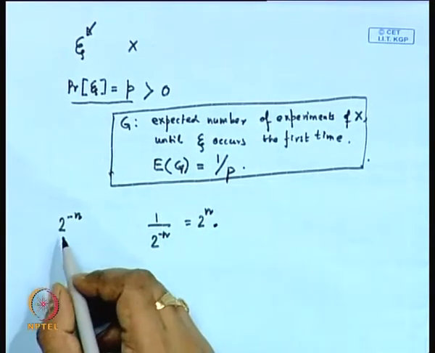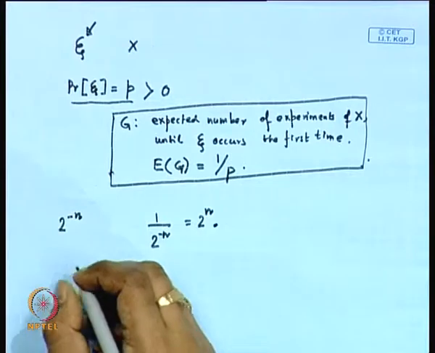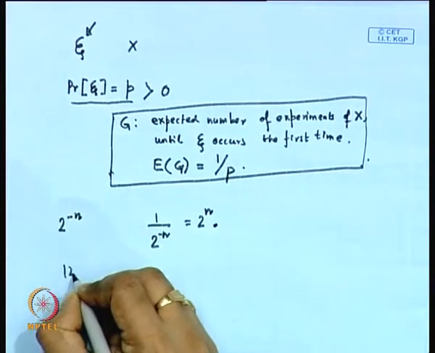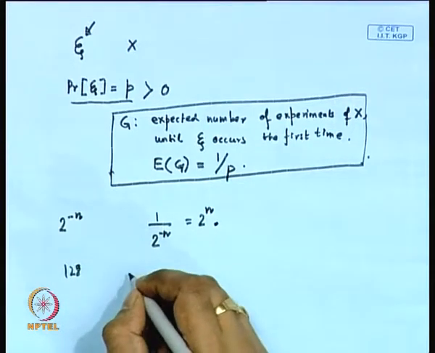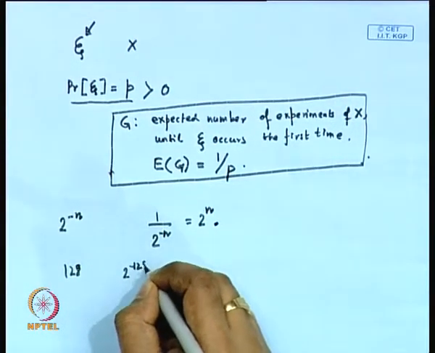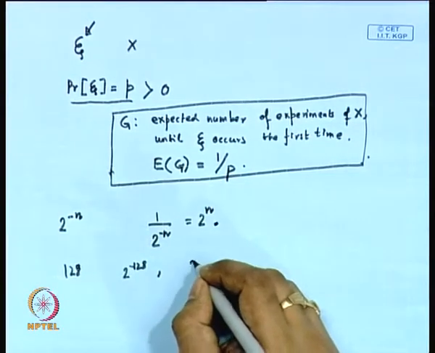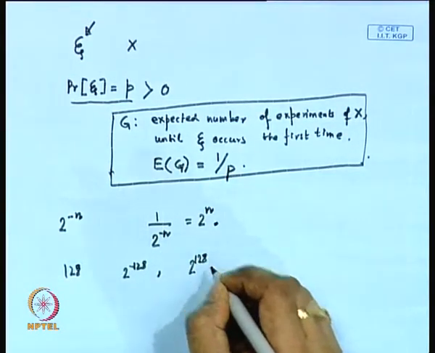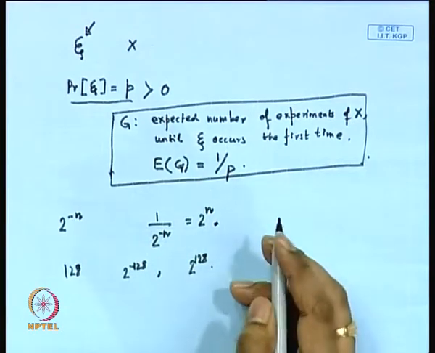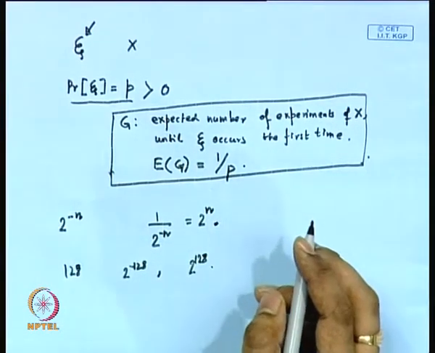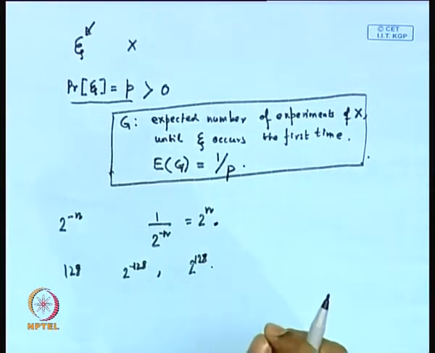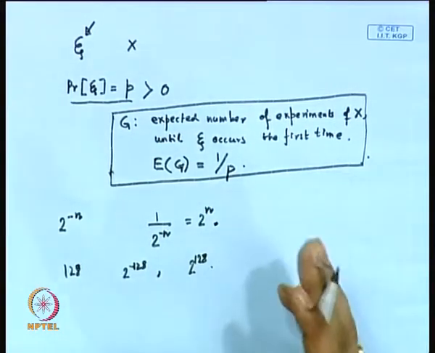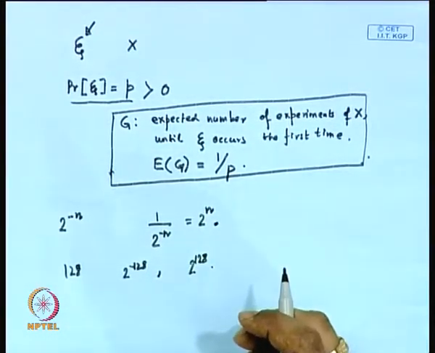For example, in AES, if I tell you it has 128-bit security, and the probability that you can make the attack work is 2 to the power of minus 128, then immediately you know that if I repeat the experiment 2 to the power of 128 times, which is very huge, you will get one success. So this gives us a nice indication: if there is a property you can exploit for an attack, it gives you an estimate of the number of times you need to repeat the experiment to get a success once.